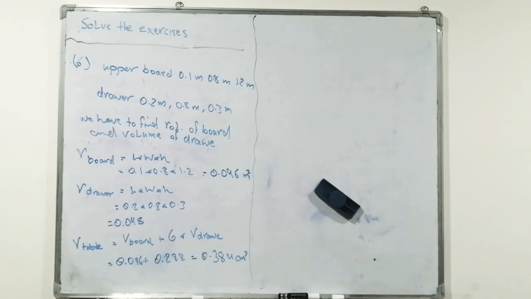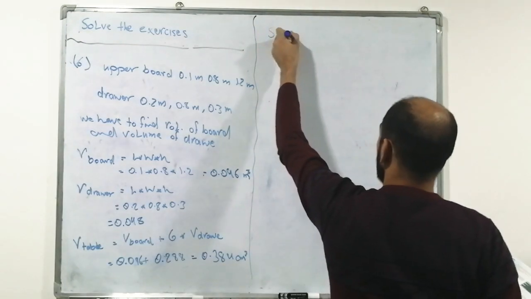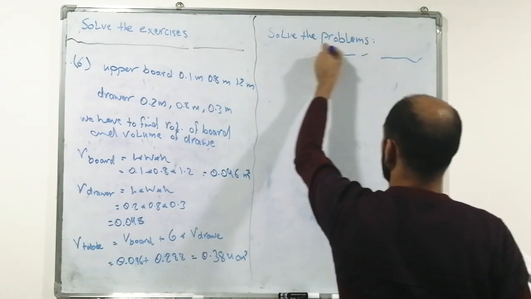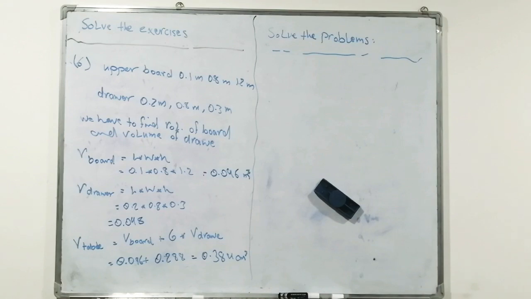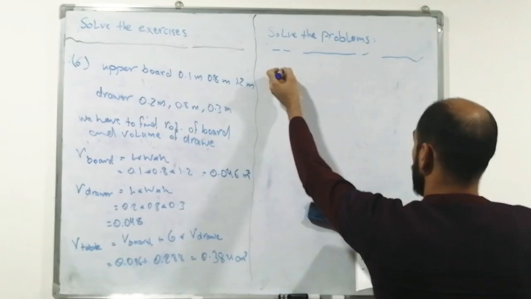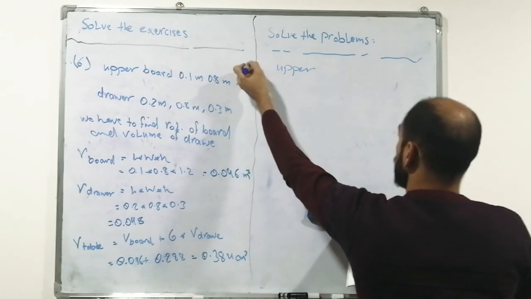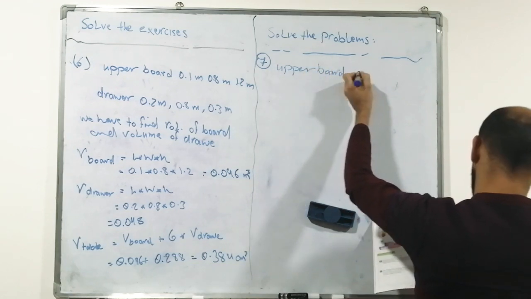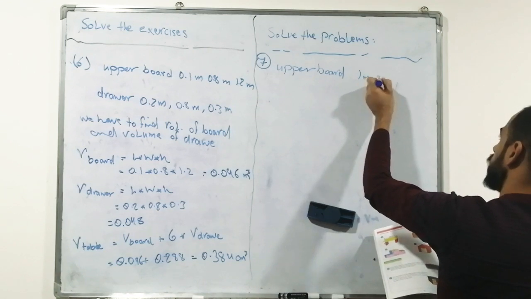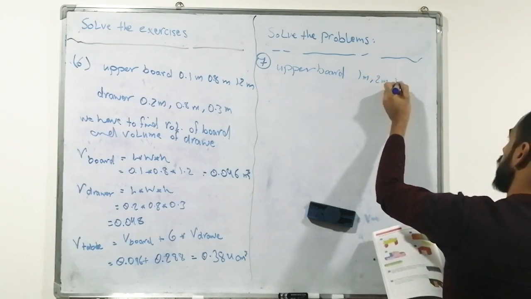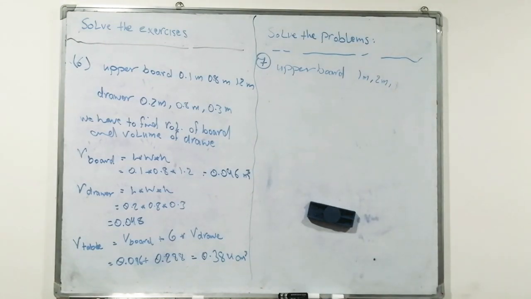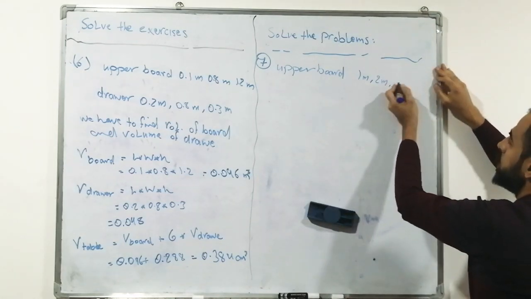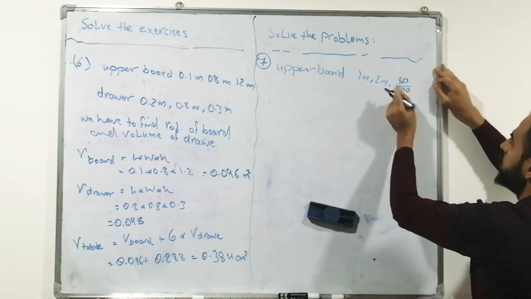Now the next part of this question, solve the problems. Question number 7. Also we have a table. The upper board dimension is 1 meter and 2 and 13. Here we have 13 centimeter. We have to make it 13 centimeter over 100, so it will be